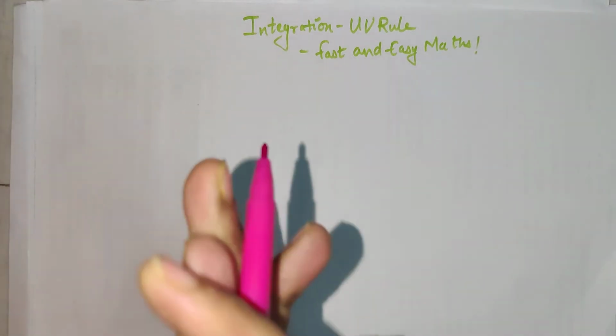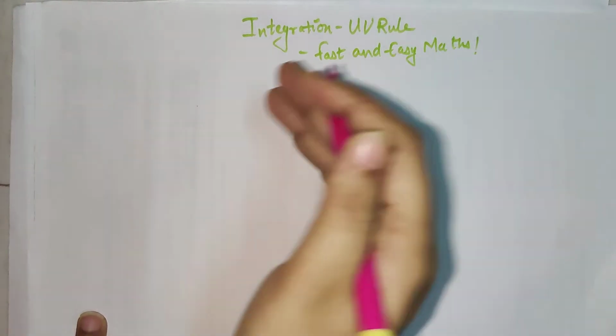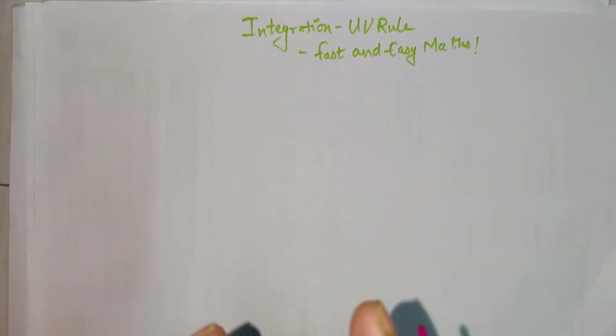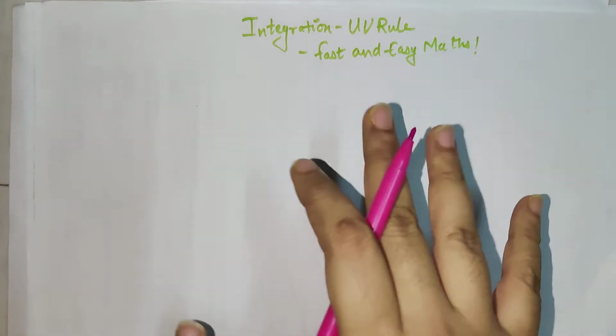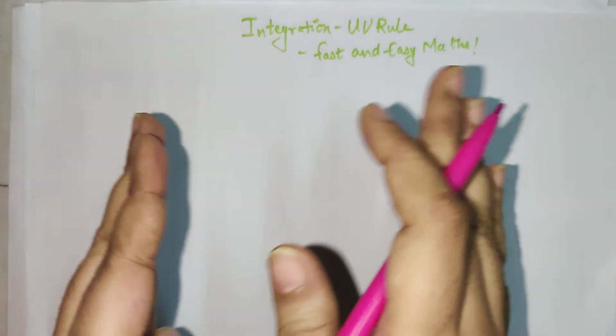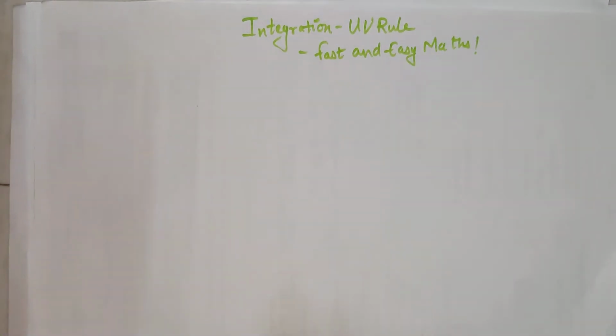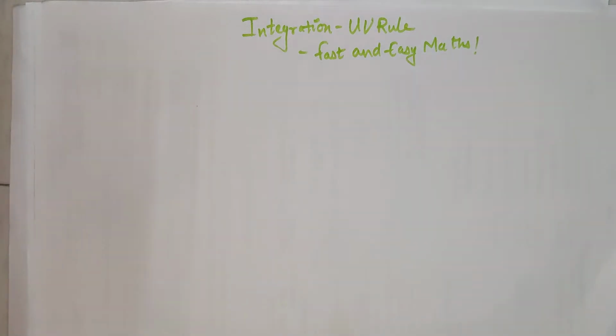In this video of the crash course for the integration chapter for class 12, we are going to do the U into V rule. Please pay attention to this rule, and trust me, there's always a lot of expectation that sums will be asked from this section in your board papers as well. Without fail you should have a clear understanding of this rule. The reason they ask a lot of questions based on it is that your understanding of differentiation is also tested.